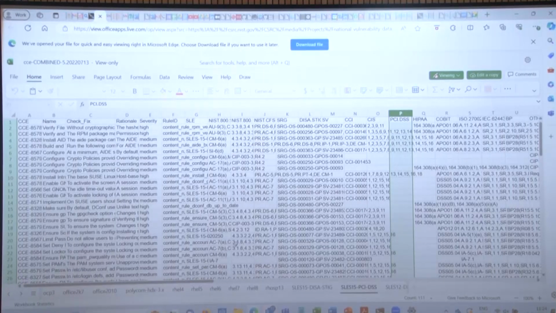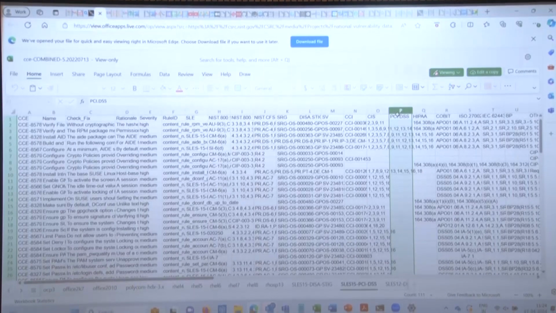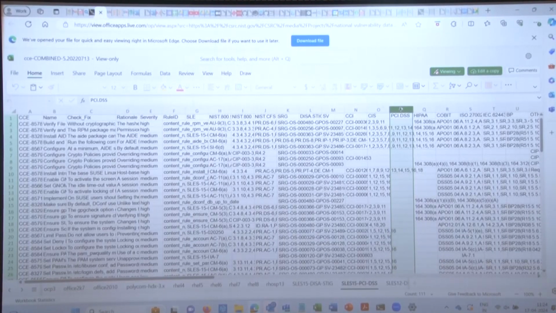So you can see the CCE number, name, all these things. Now this also tells you which security implementation guide talks about these configurations. For example, PCI DSS, which is the security standard. This is showing PCI DSS, which is a standard for credit card